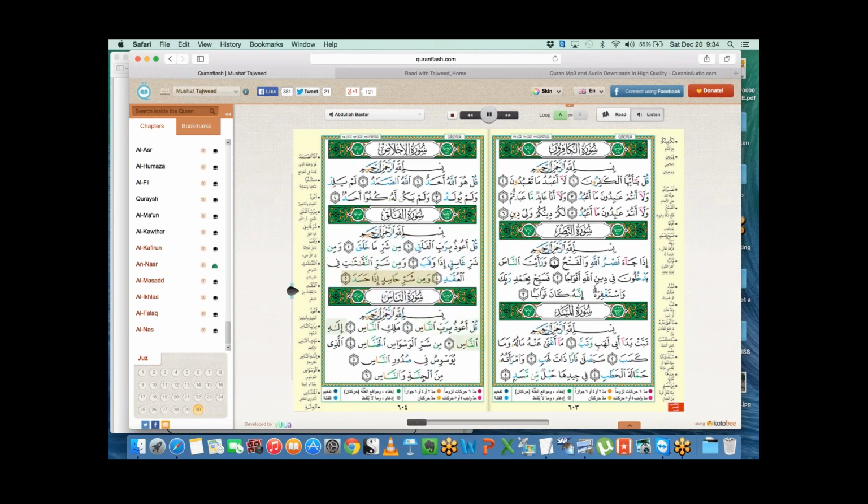ومن شر حاسد إذا حسد قل أعوذ برب الناس ملك الناس إله الناس من شر الوسواس الخناس الذي يوسوس في صدور الناس